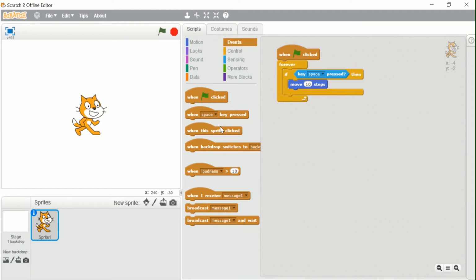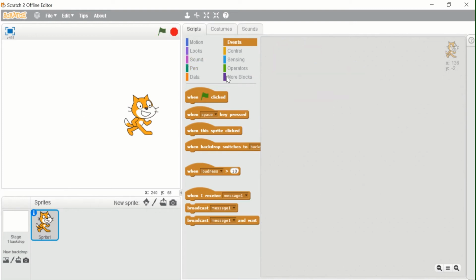That means if I don't press the flag button and press the space key before that, nothing will happen. But in this, even if we don't click the flag button, the block will run. Now if I run the script and press the space key, can you all see the sprite is moving 10 steps.